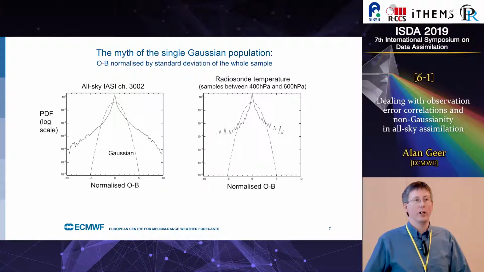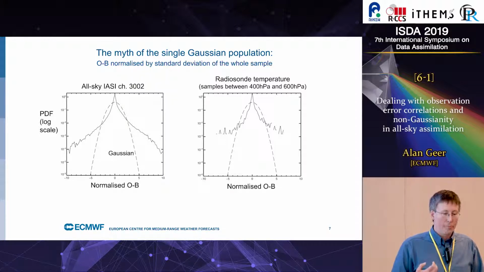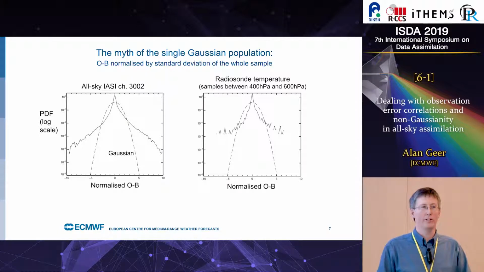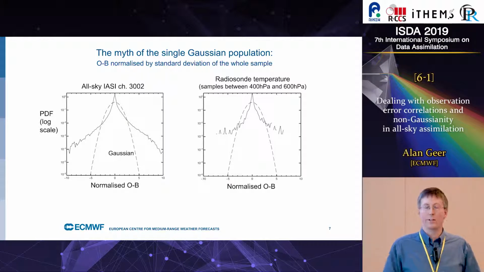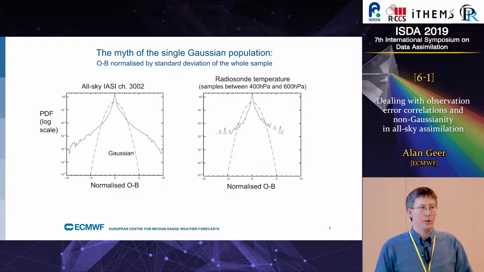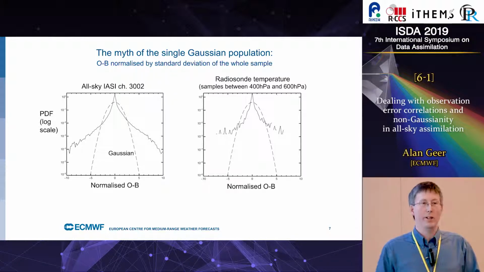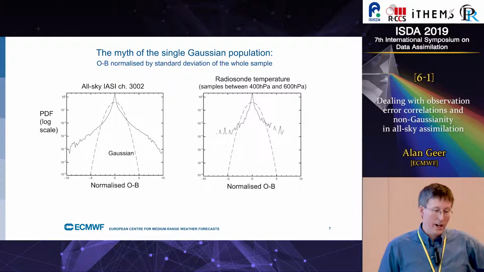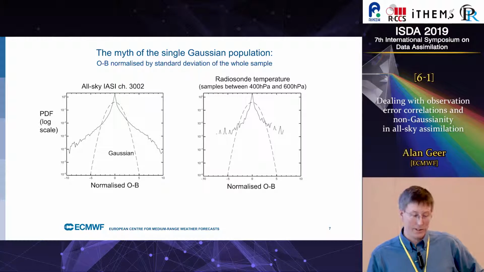So traditionally, just moving on, I'm really just jumping through the basics, and then we can go on to the correlated observation error model. Traditionally, people would imagine that observation error statistics were globally constant, homogeneous, isotropic, and for example, Hollingsworth and Lönnberg looked at global radiation statistics. I'm really not sure that works, because if you put all of the O-B statistics on one plot, divide by the global standard deviation, you see a PDF that's completely non-Gaussian. And this doesn't matter whether you're looking at all-sky IASI or even radiation temperatures. The same feature is still there.